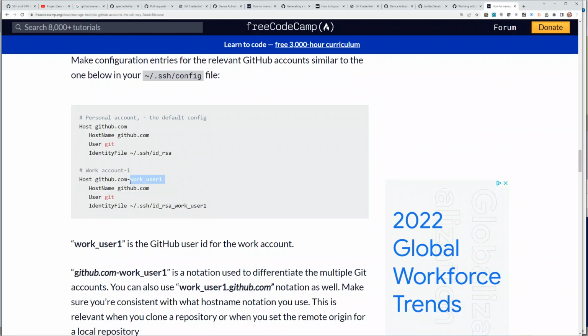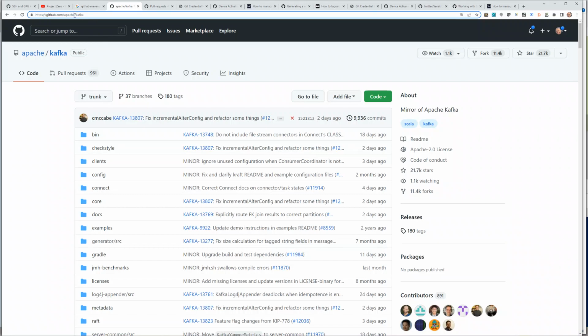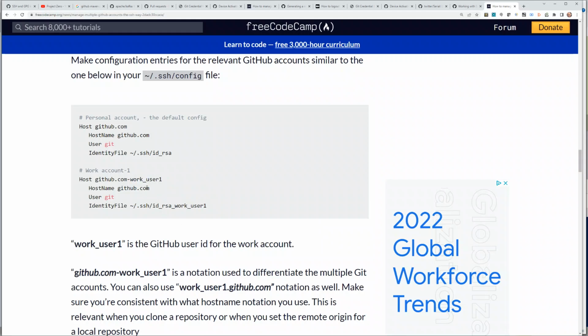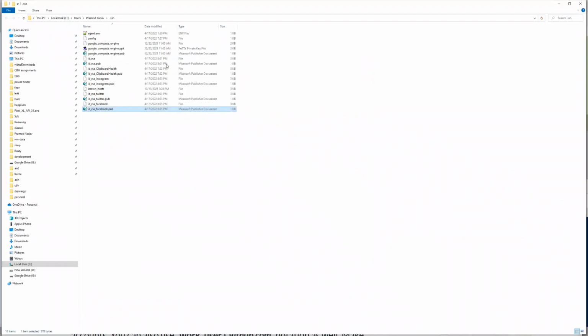What you have to provide here is the GitHub username. So for example, for Twitter, the GitHub username is Twitter. This is the repository name. If we look for something else, maybe for Apache, the username is Apache, the repository is Kafka, right? So I hope that is clear. You have to give your github.com dash, for example Twitter, and not Pramod dash Twitter, right? And this is then the key ID RSA Twitter. Once you put this config file in the .ssh folder here,